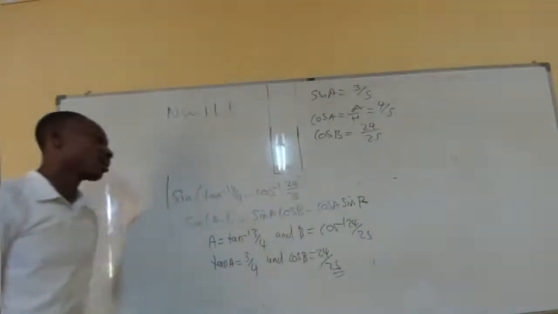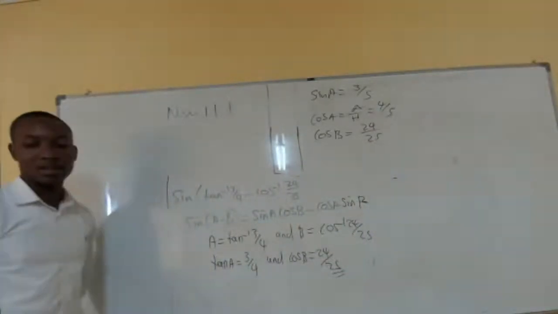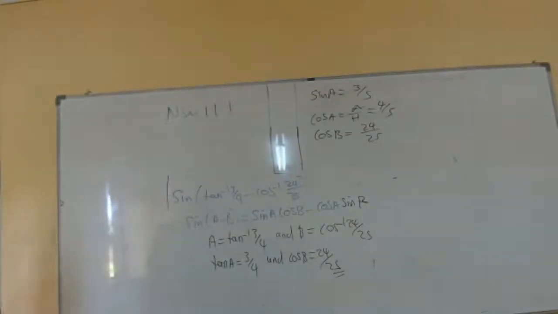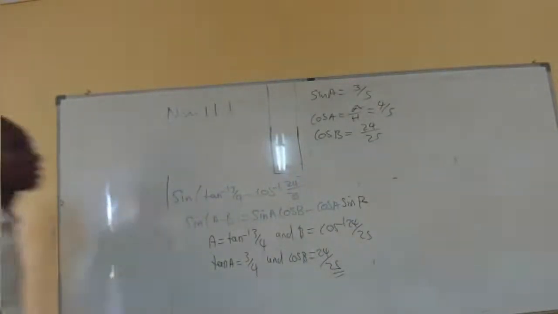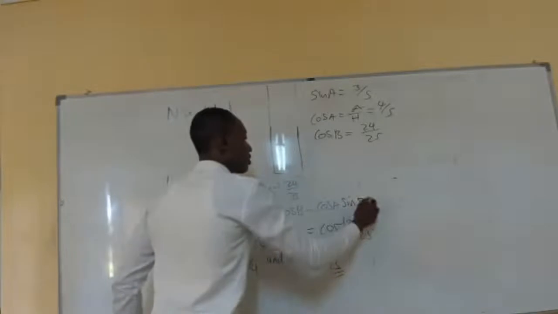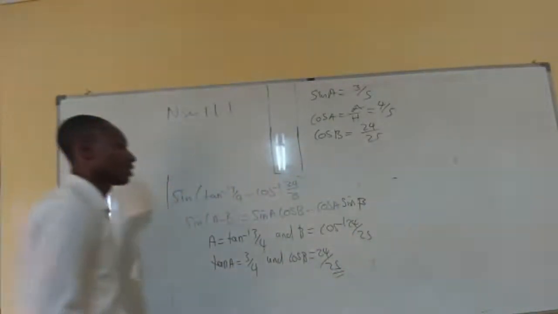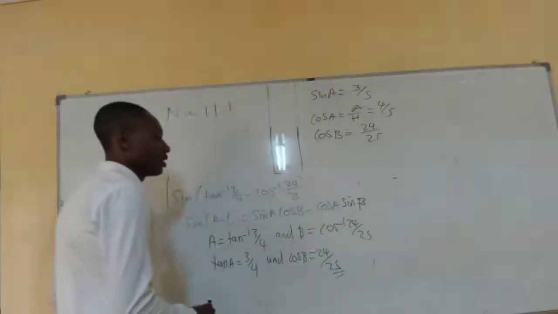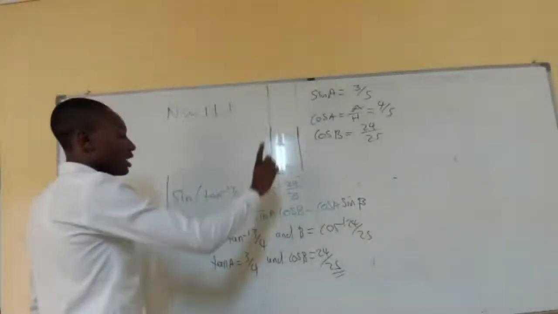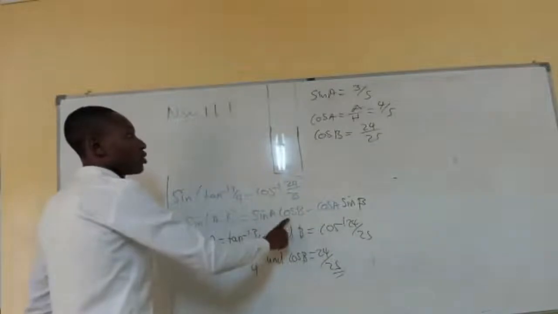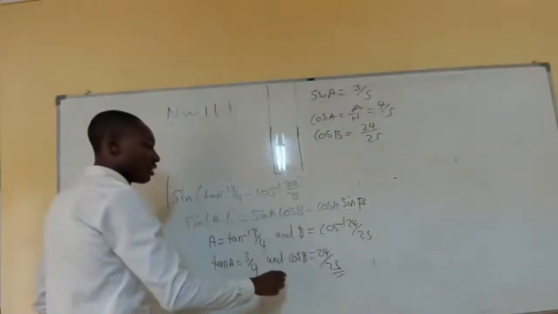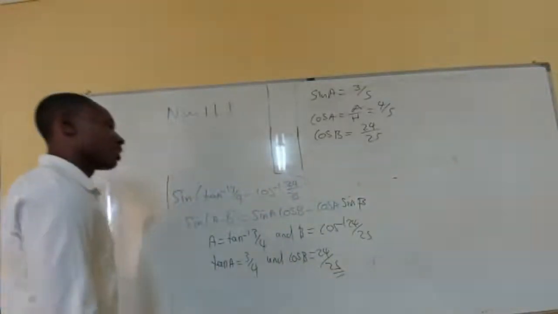Okay, so sine A cos B minus cos A sine B. All right, so take note of that. So this should be sine B. So we now need sine B. Right, so cos A cos B. So we found sine A, 3 over 5, and we found cos B, 24 over 25, okay? Then,